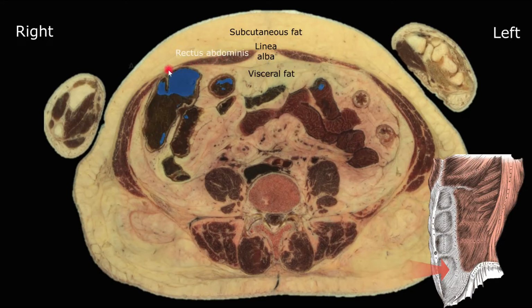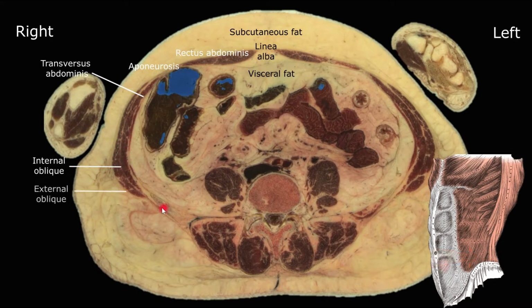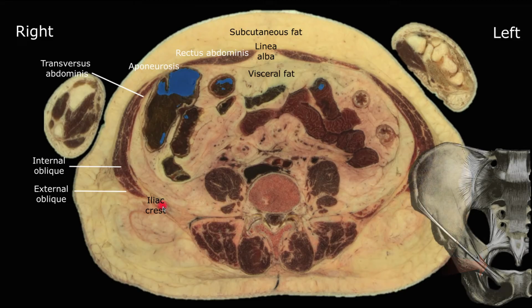If we go more laterally, we can see the aponeuroses of the muscles of the anterolateral abdominal wall. More laterally, these are the three muscles: the transverse abdominis, and then the internal oblique, and then the external oblique. If we go more posteriorly, we'll find the beginning of the iliac crest, and so we are at the top of the hip bone. This is the supracristal plane, and we are in fact at the level of the lower